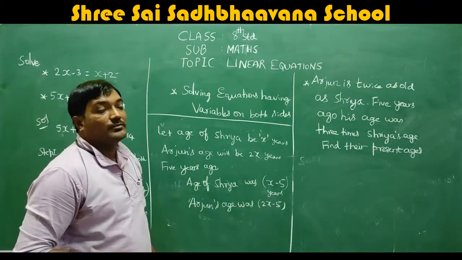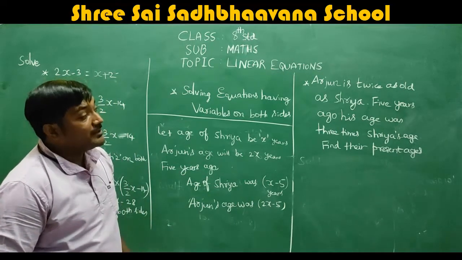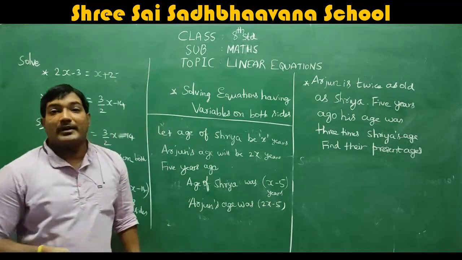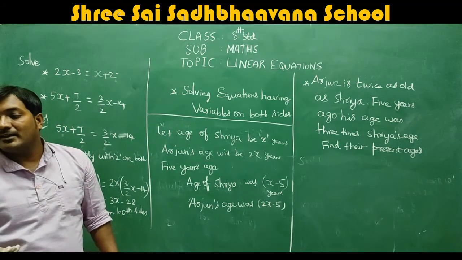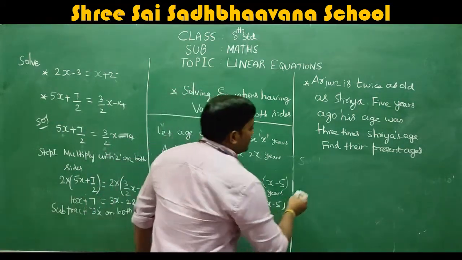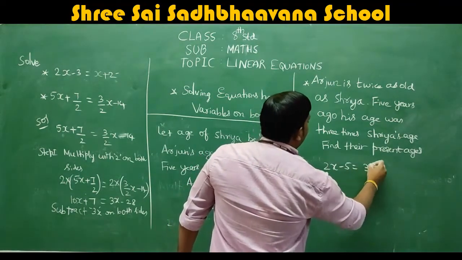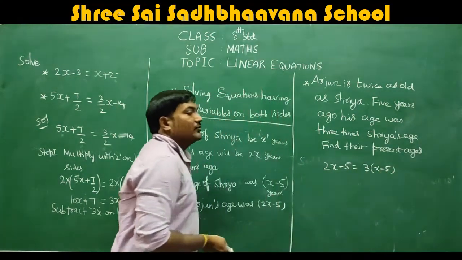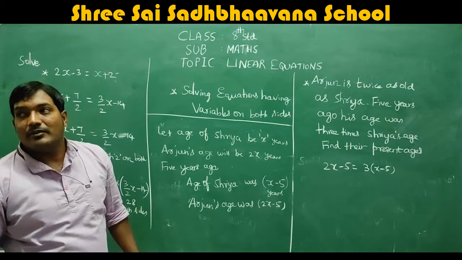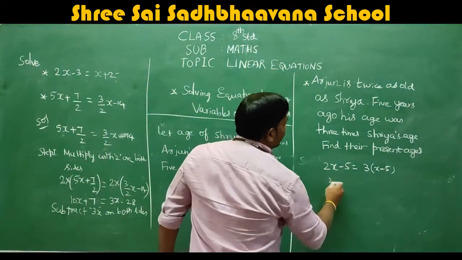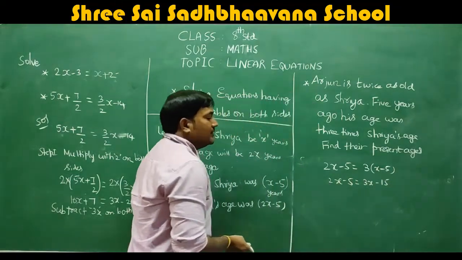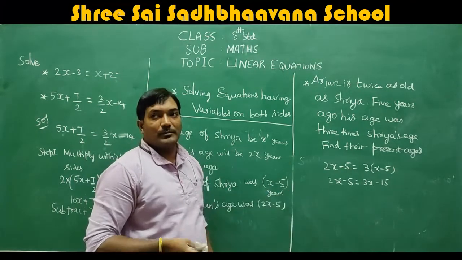So x minus 5, 2x. What is the condition? 5 years ago, his age was 3 times of Shriya's age. His age, it means what? Arjun's age. Remember, his. Correct? So, Arjun's age is 3 times of, okay, Shriya's age. So, what is Arjun's age here? So, 2x minus 5 is equal to 3 times of Shriya's age, which is x minus 5. So, we got 2x minus 5 is equal to 3 times of x minus 5. So, solve this equation. So 2x minus 5 is equal to 3x minus 15. So now again see, this is of a linear equation which this kind of sums we solve so far.